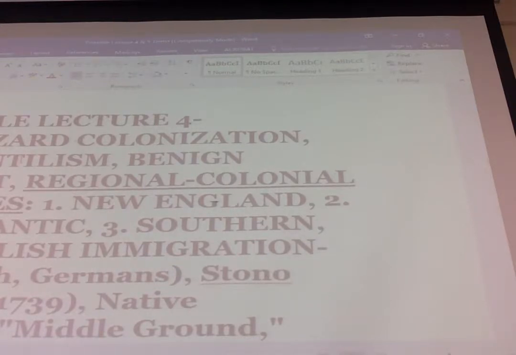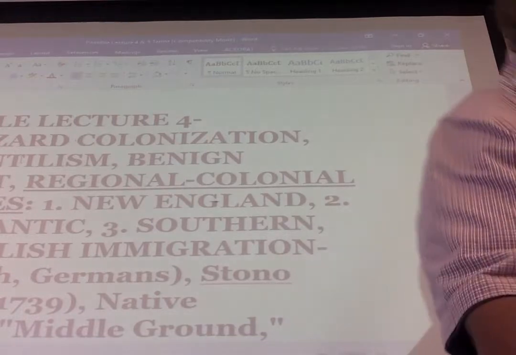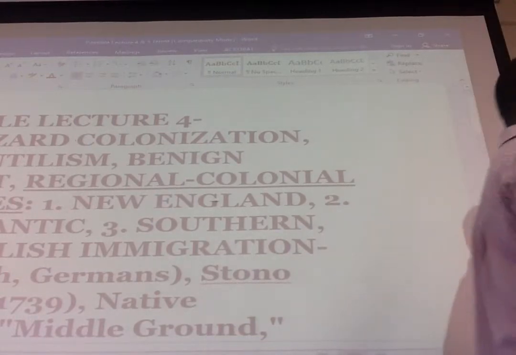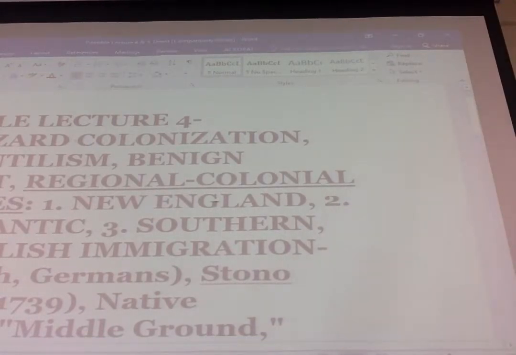So that's what benign neglect means. We like the fact that England is forgetting about us for long periods of time. So you have these long periods of benign neglect by the English. Even though these 13 original colonies may have very little in common with each other, they do have one thing in common. They're all loyal to the British. They're loyal to the flag. They're loyal to the king and the queen.